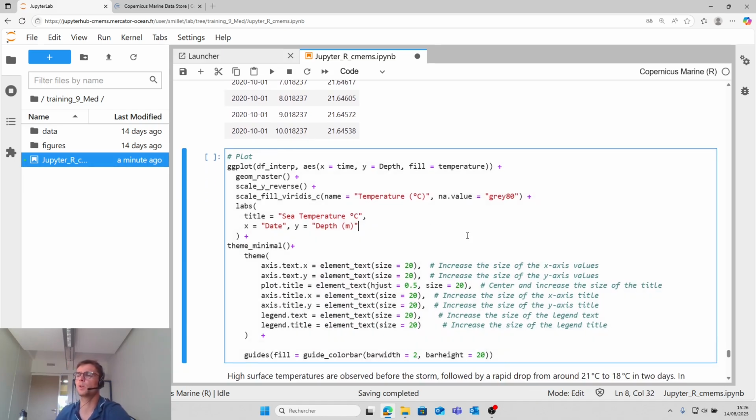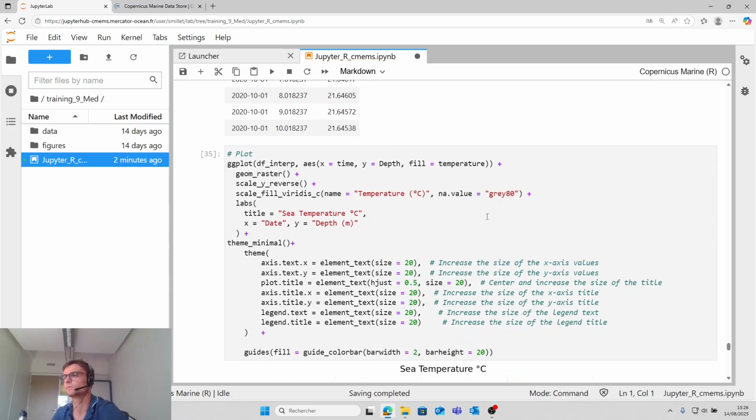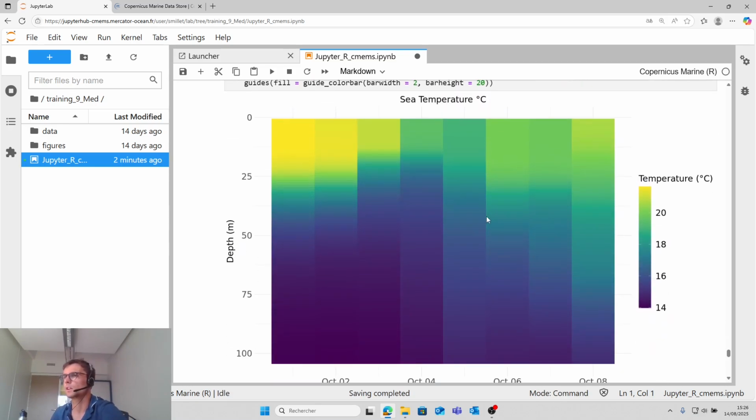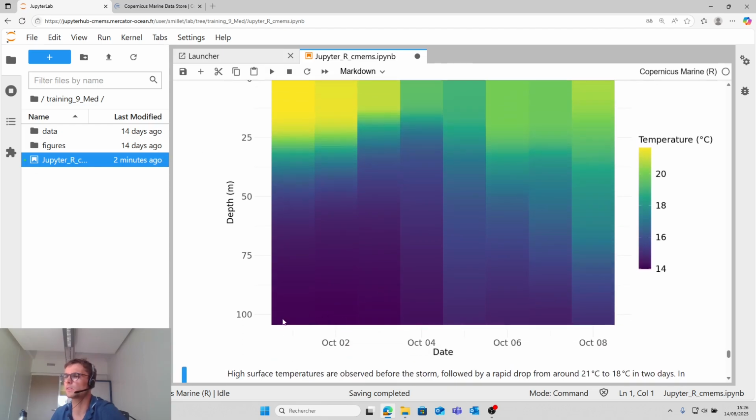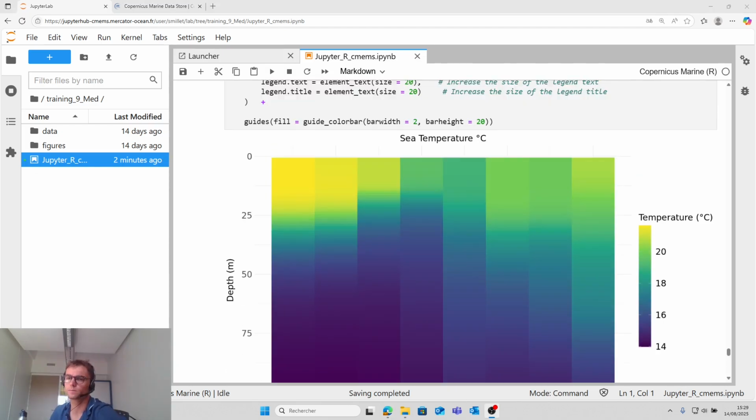And then we plot the map. We use ggplot, but here it depends on the time and depth, and the variable is temperature. So you can see the temperature depending on the time here and the depth.